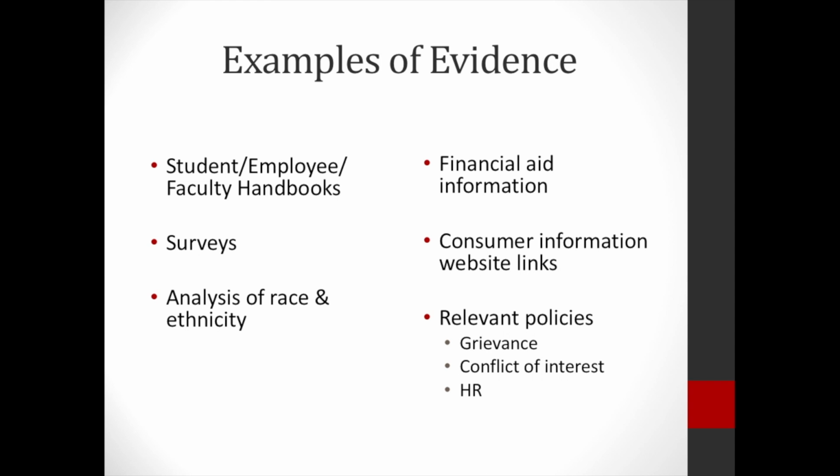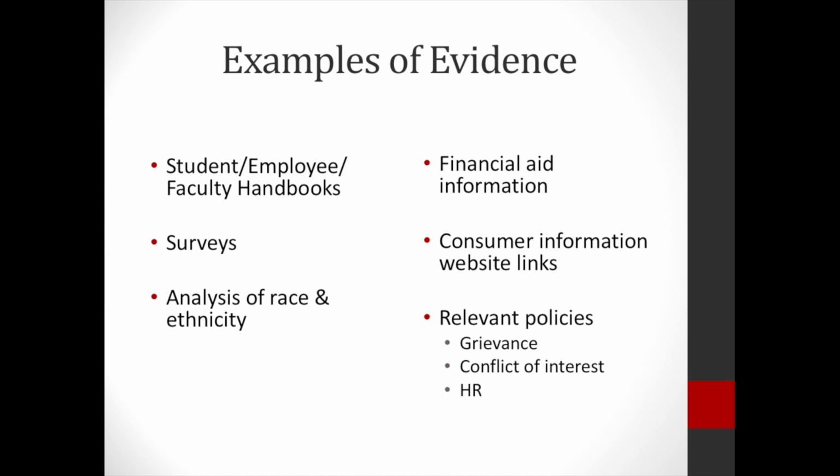This slide provides you with a list of possible policies, procedures, and documentation that institutions may use to demonstrate that they meet this standard. This list does not imply that these are the required documents, nor does it imply that these are the only documents. What the Commission wants to convey is that it will be critically important for you and your colleagues to determine what evidence, in the form of policies, procedures, and other documentation, exists at the institution to provide evidence of effectiveness, institutional improvement, and compliance under this standard.